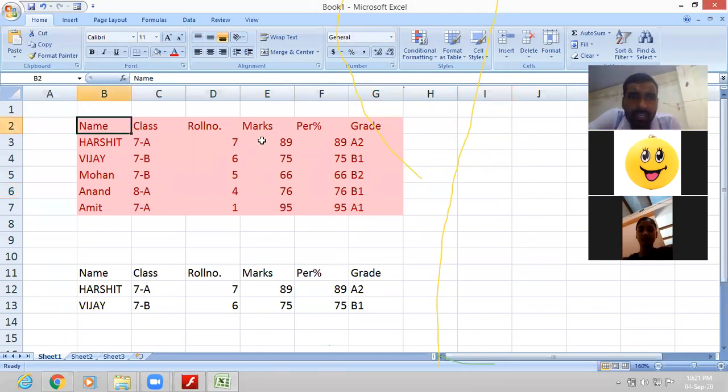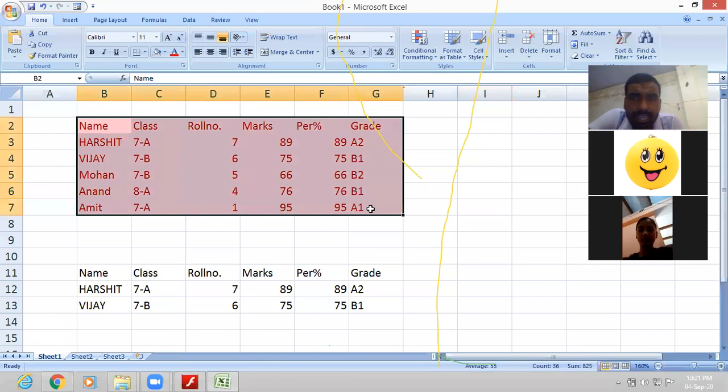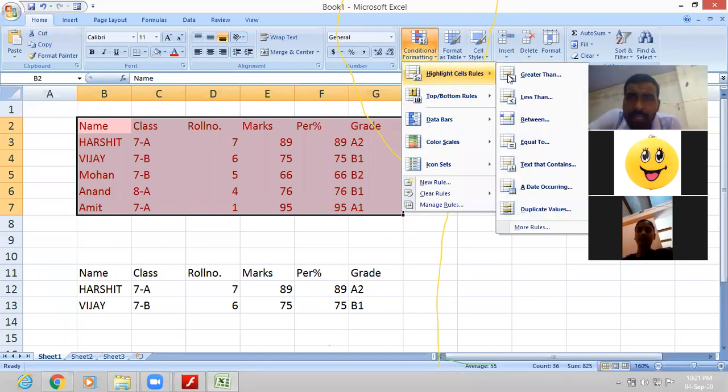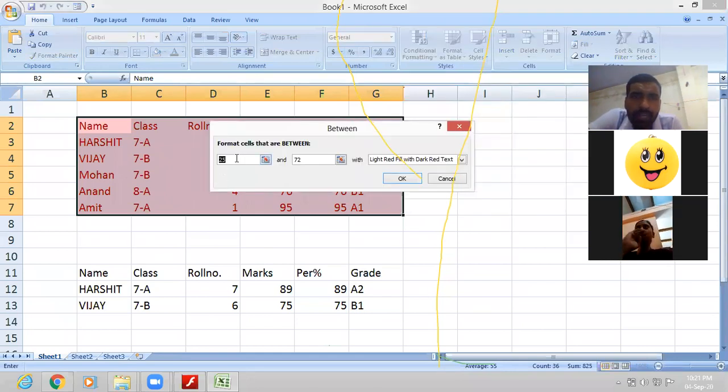See once again, for conditional formatting, you can select the entire record, then click on the Home tab, then click on the conditional formatting option, then select an option like highlight cell rules, greater than, less than. So let us select between. Okay, between from where to where?